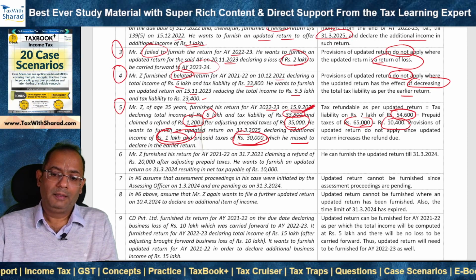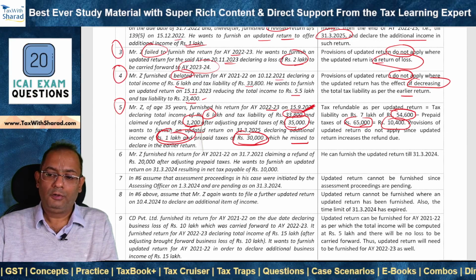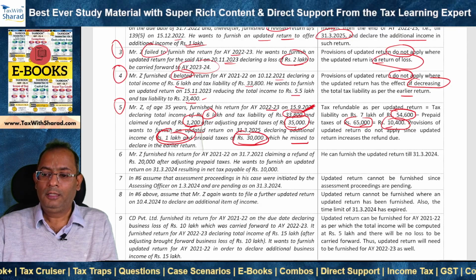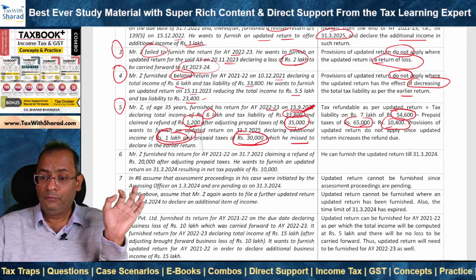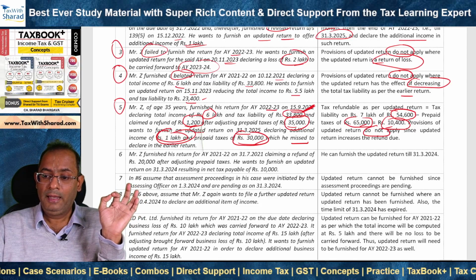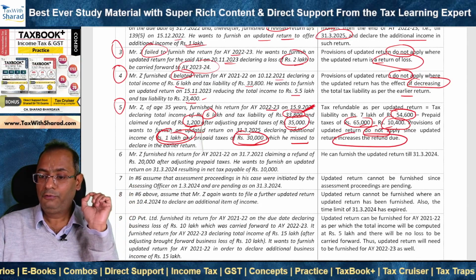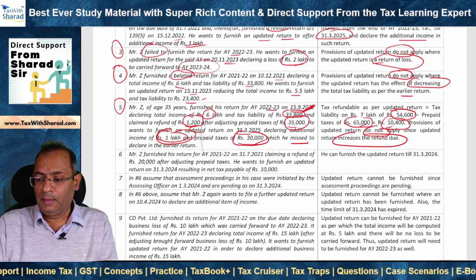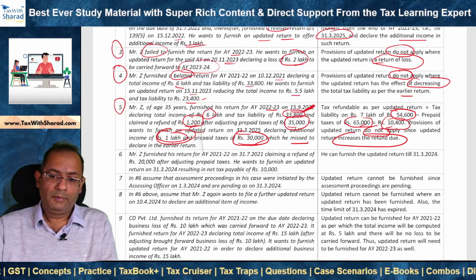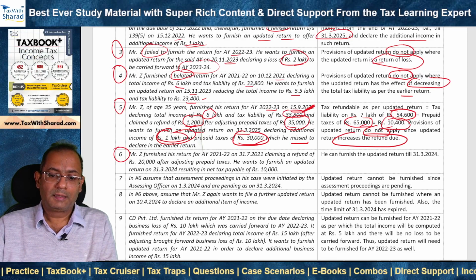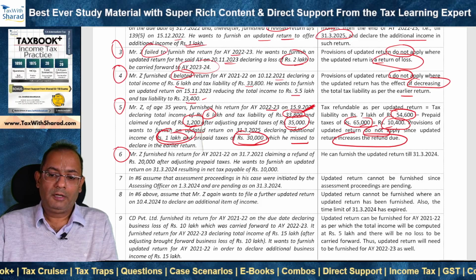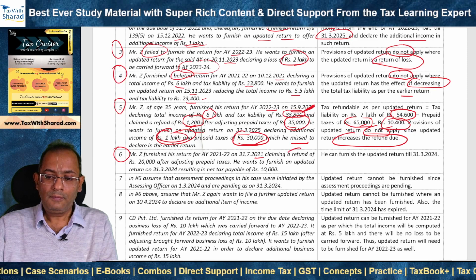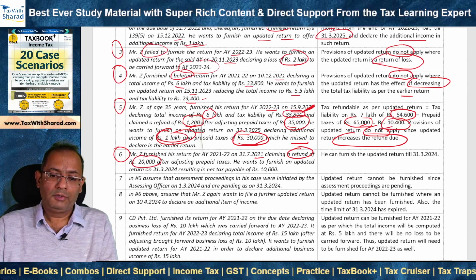So what is happening? The earlier tax refund claim was 1,200 and as per the updated return now his tax refund will rise to 10,400, which is not allowed. Provisions of updated return do not apply since updated return increases the refund due. Since the refund due will increase, under 139(8)(a) updated return cannot be furnished. Number 6. Mr. Z furnished his return for AY 21-22 on 31st of July 21, claiming a refund of 20,000